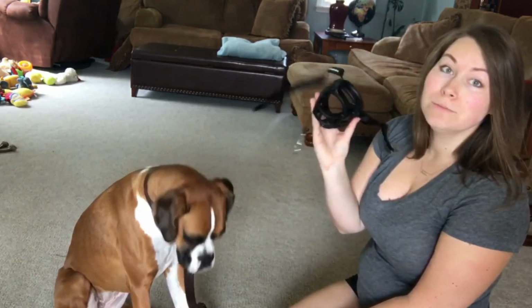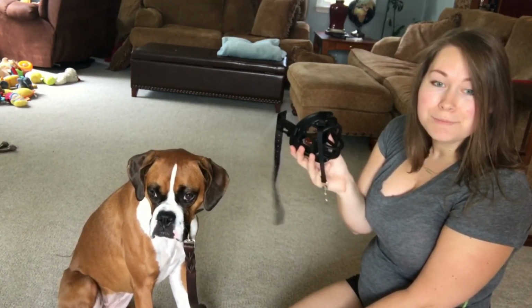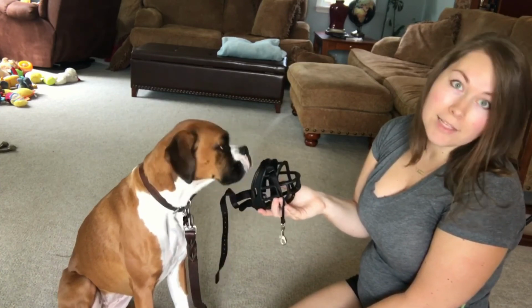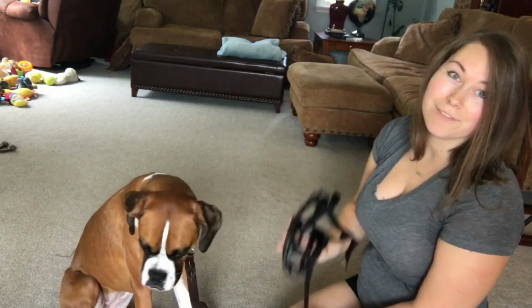Yeah. So work on this at home, work on it with your dog, and work on it a lot. And make the muzzle, you know, your dog might not grow to love it, but they will be able to accept it, and they will be fine with it. So keep up the good work, and if you have any questions,